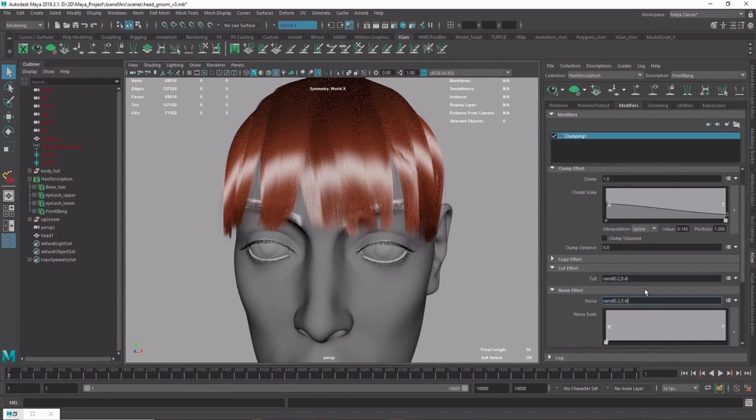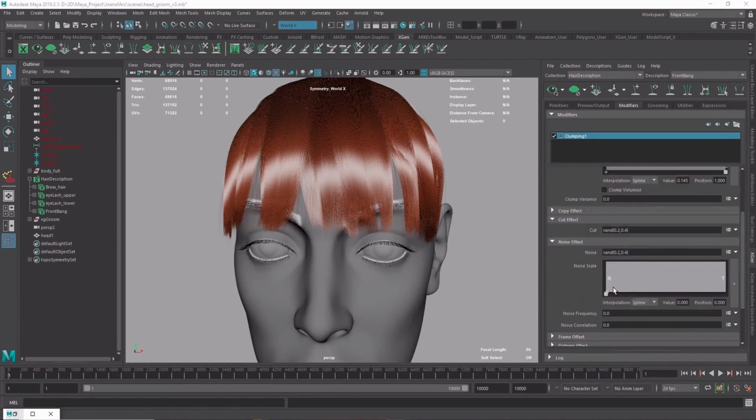So this random node also comes in pretty handy. So default is on, and then I can add some